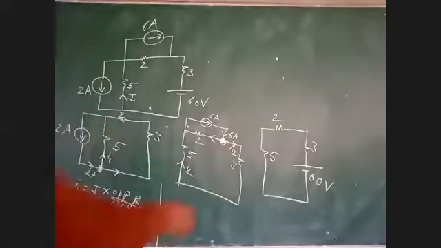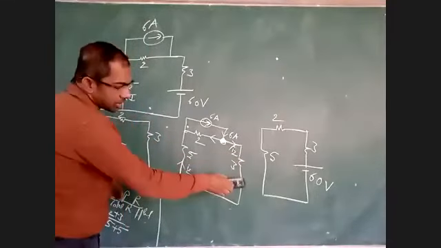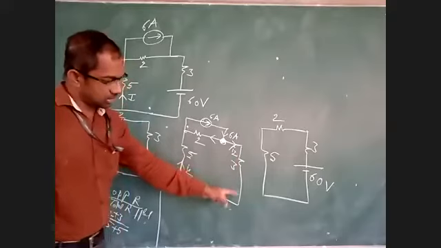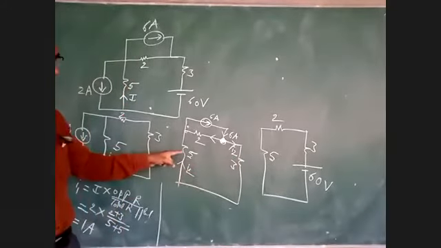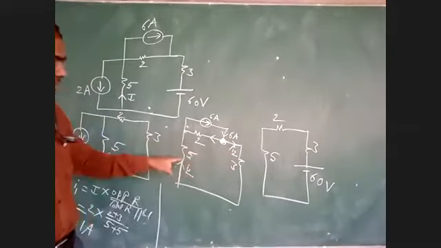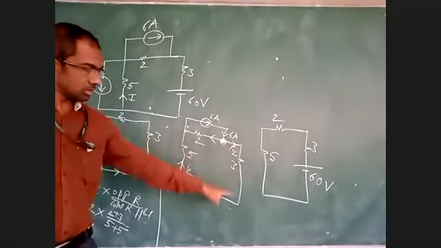Sir, if the short circuit is applied, the current will change in the series connection. Here we are shorting this, that means nothing is there here, only a line. 3 and 5 are in series. So I2 is the current flowing in 3 ohms, and the same I2 is flowing in 5 ohms. The current will not change.